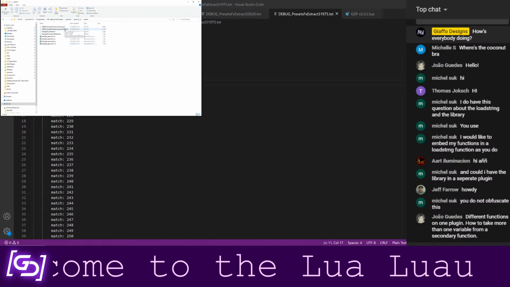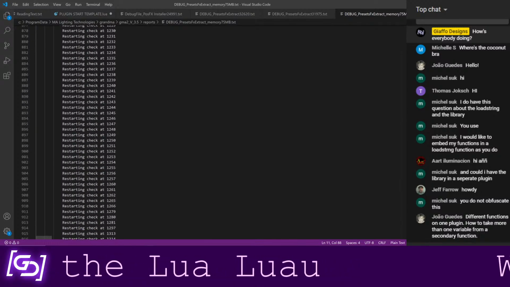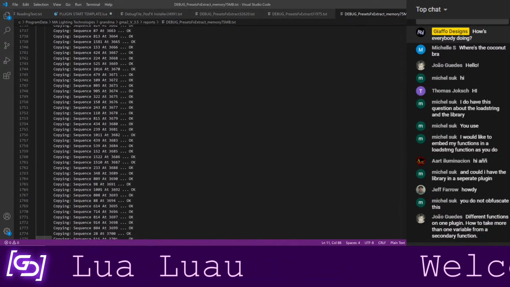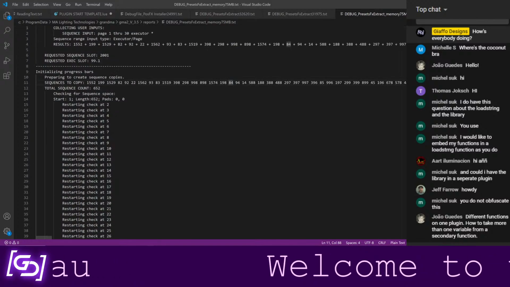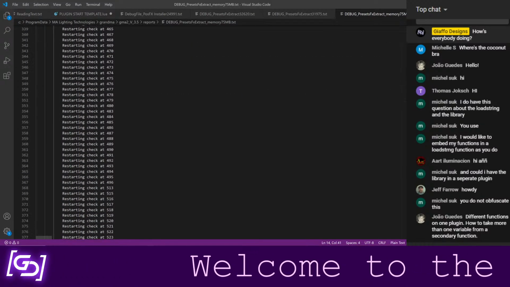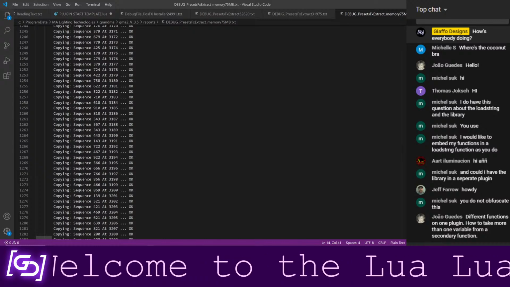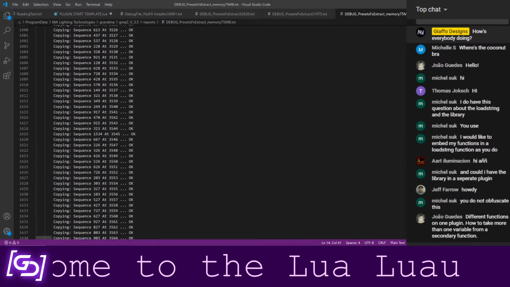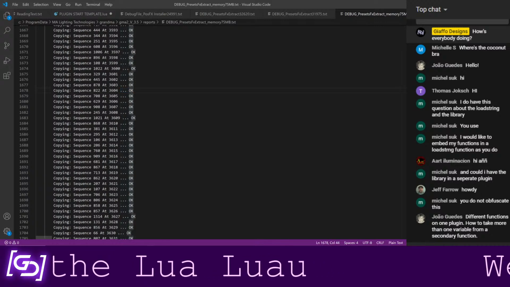Here we go. This is more accurate to the kind of logging I'm looking for. So like checking for space for new sequences, copying sequences, checking every possible step that things happened at, letting me know that an operation completed correctly.